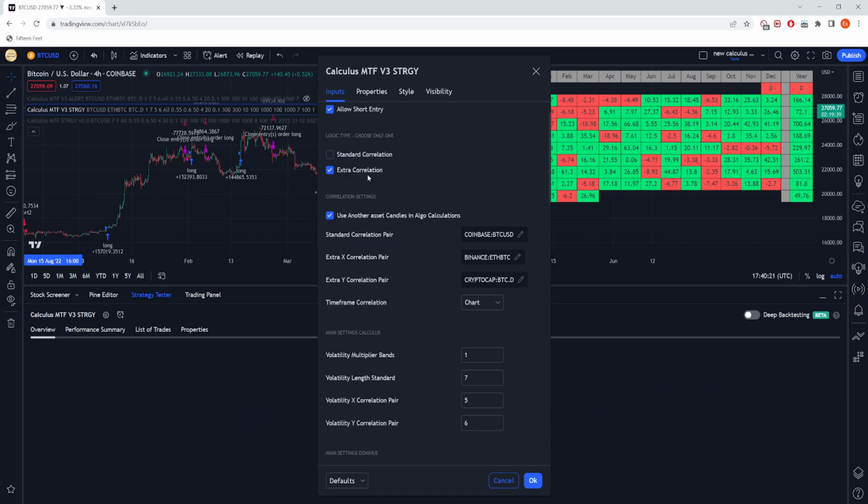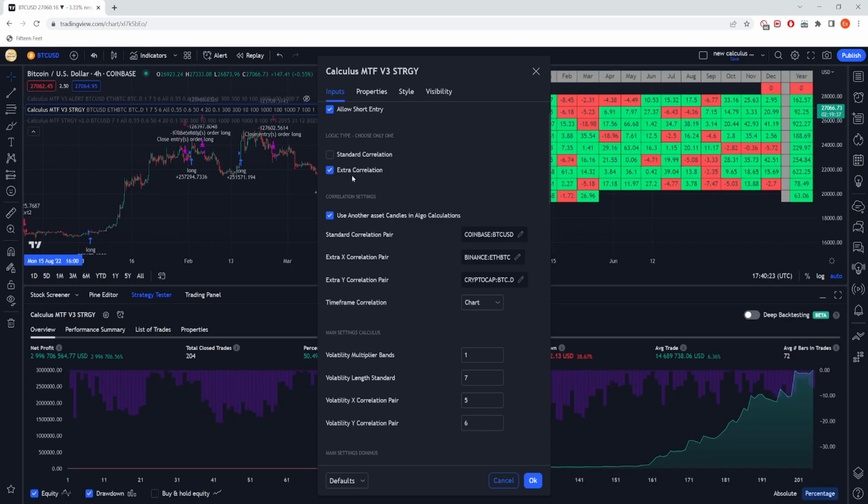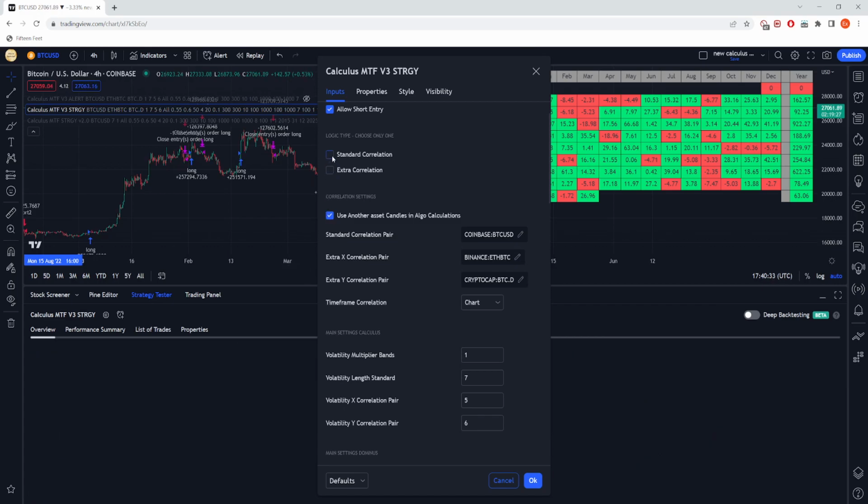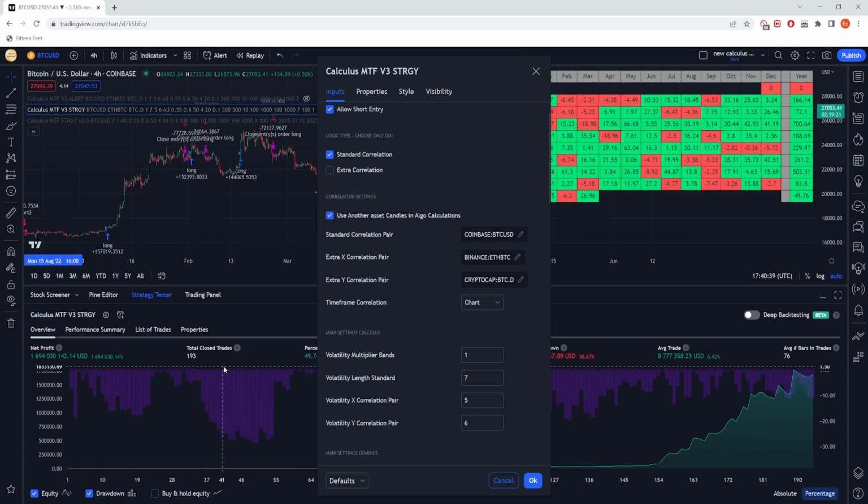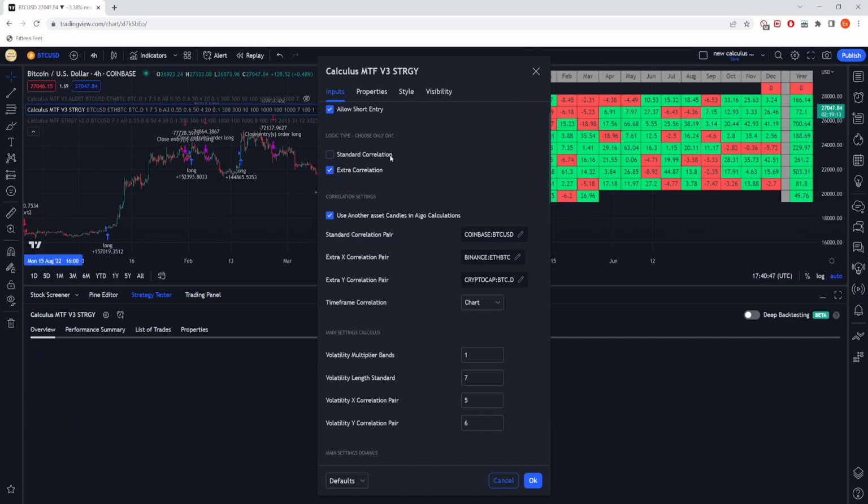Like for example, if I would just use the BTC USD, in this case, if we would use the extra correlation, we would have 200 trades and we would have close to 3 million on the total compounded ROI. And if I use standard, in this case, I would have 193 trades, but you can see that the profit is almost reduced by half in this case. So with that in mind,